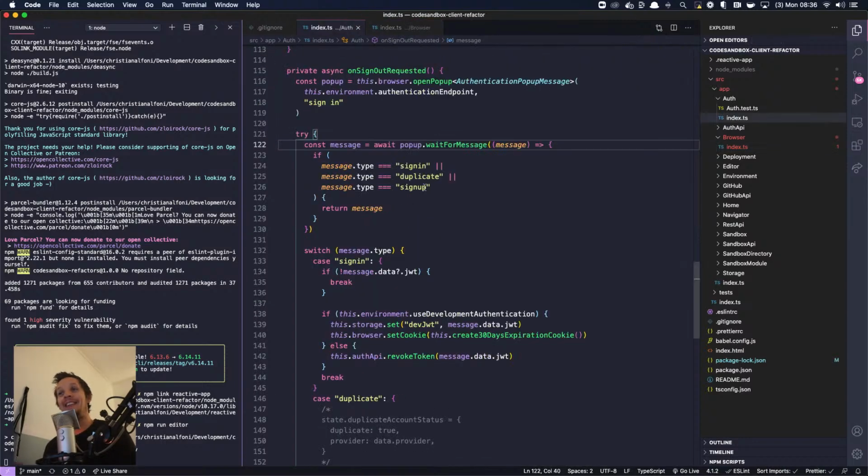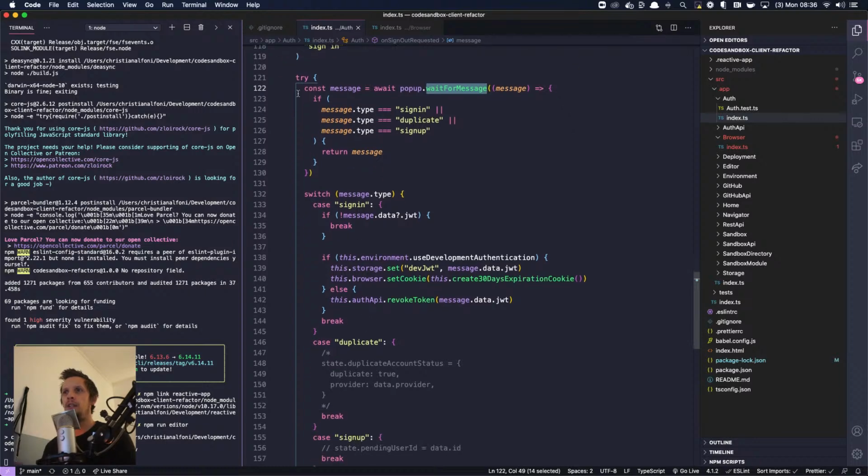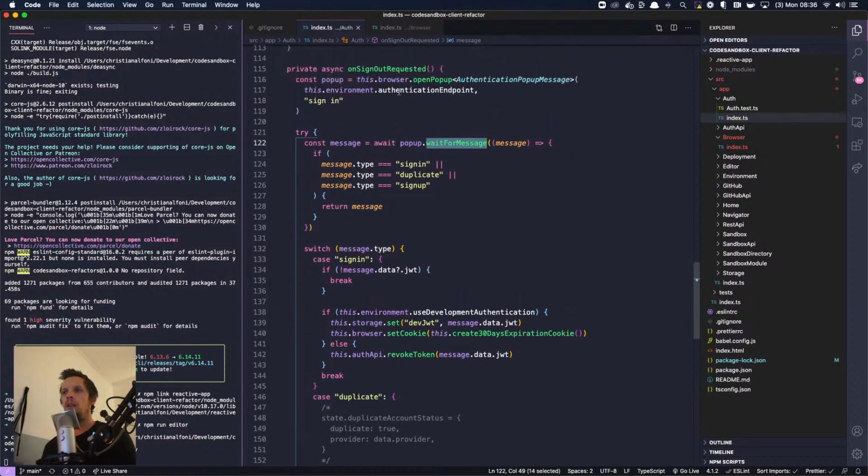So this is really complex. The point is we want to open the pop-up, and then we want to listen for messages related to the pop-up being open. So in that case, it makes sense to wait for message on the pop-up itself. Because if the user just closes the pop-up, we want this thing to reject, right? But if we do get these messages during the time the pop-up is open, then we want to